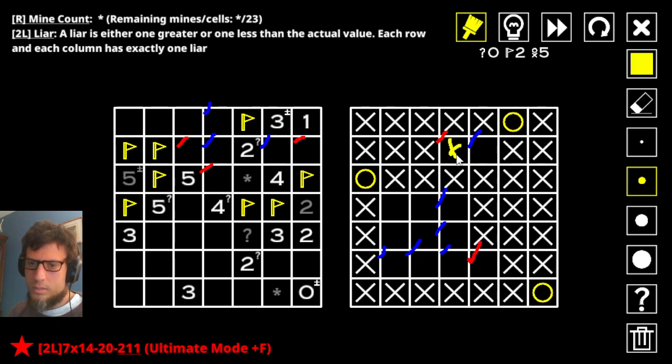Now I assume that's honest, which means this 2 gotta be lying, which means that 2's honest. But yeah, probably don't tell me that much. Alright, so first of all, this 2 can only have 1 more mine around it. This 5 is gonna have to have 1 mine in here, so like this happens. Oh, furthermore, like, yeah, okay. Furthermore...